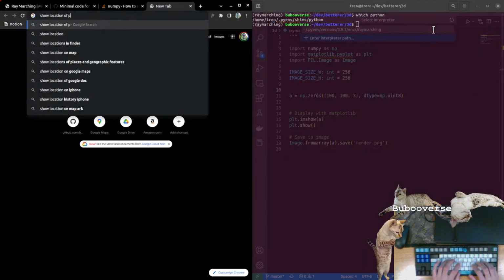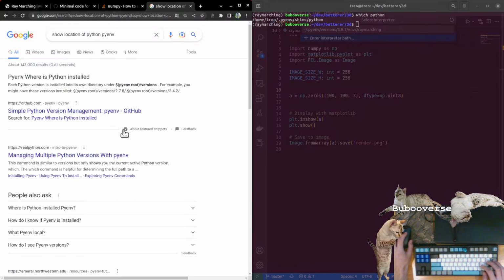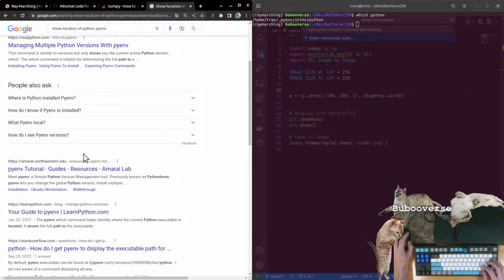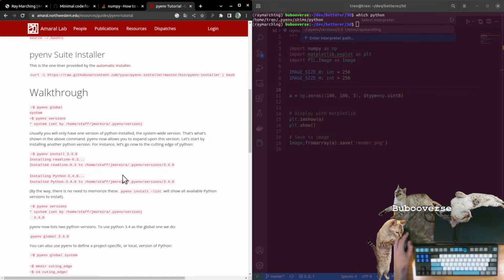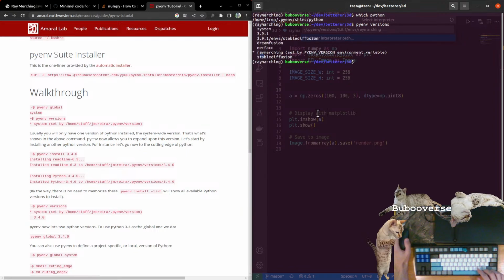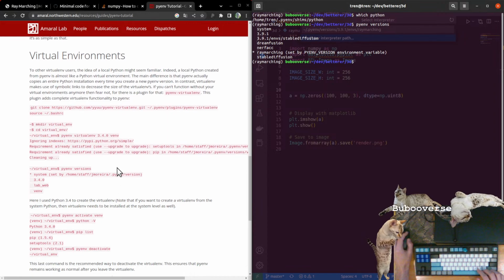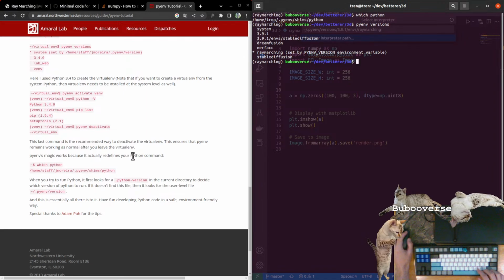Show location of Python PyEnv. PyEnv versions. PyEnv versions. It's on ray marching, but